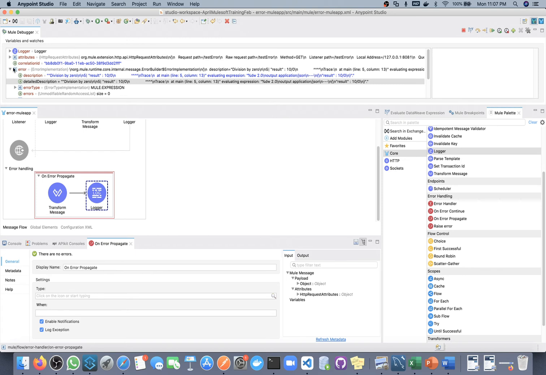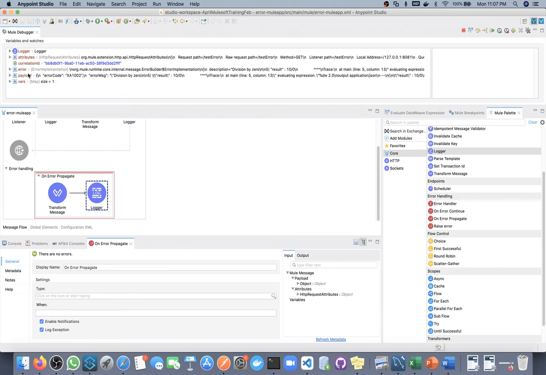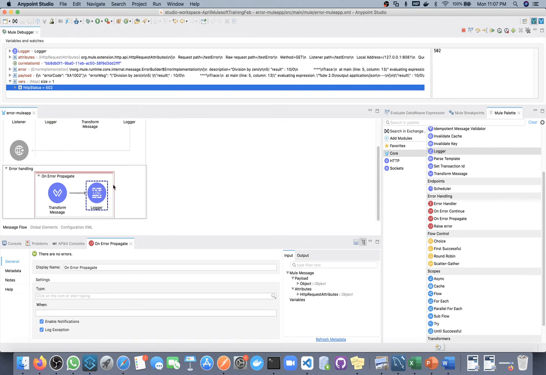So if you see here, now we have this payload, and then we have this variable HTTP status 502, and once this logger completes, we don't have any activity, so this on error propagate will throw the error.